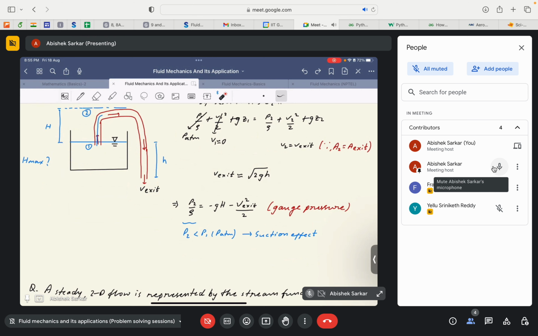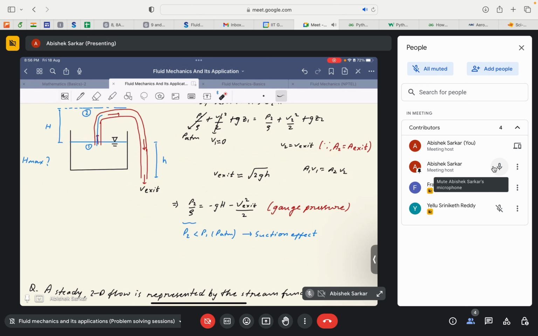But since the area at the exit and at point 2 are equal, and since density is constant and we are disregarding viscous effects, A2 is equal to A exit, so it gives us V2 is equal to V exit. From where? From mass conservation, right? Keeping that in mind, we can substitute V2 as V exit. So P2 by rho will be equal to minus gH